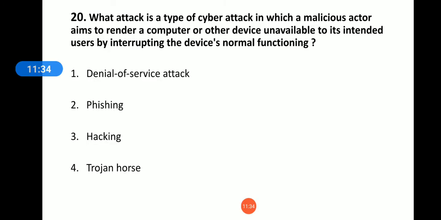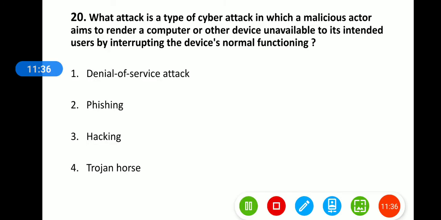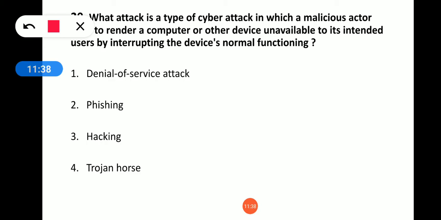And the next question: which of the following is the type of cyber attack, a malicious action to render a computer unavailable by interrupting the device from normal functioning?